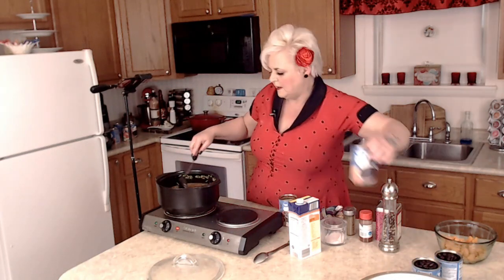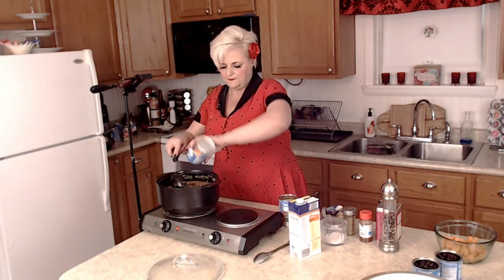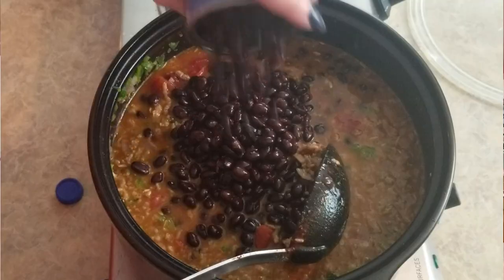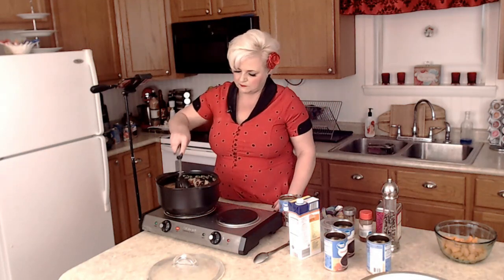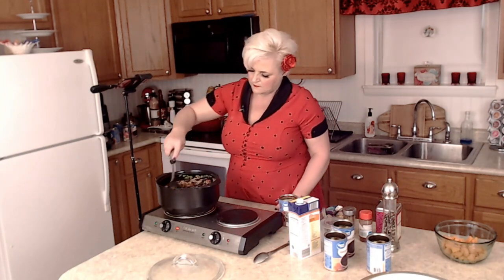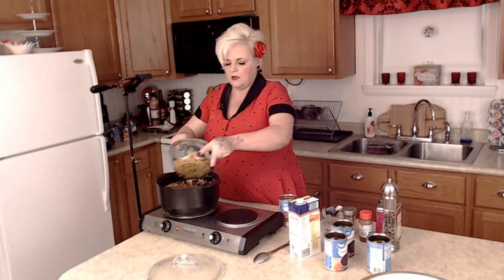And then I'm going to add in 2 or 3 cans of black beans that have been drained and rinsed. We'll just see how many we can fit in here. Okay. I think we can do 3. And these are seasoned black beans. Okay, so one last thing we're going to add to this, and that is about a cup of diced,